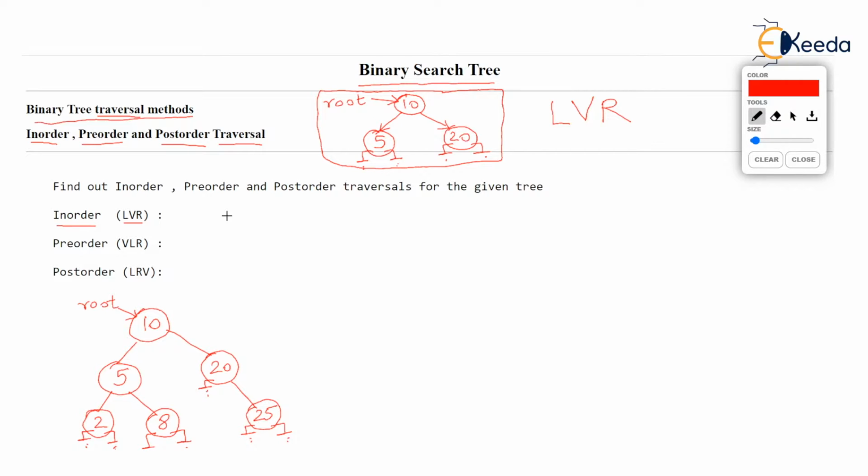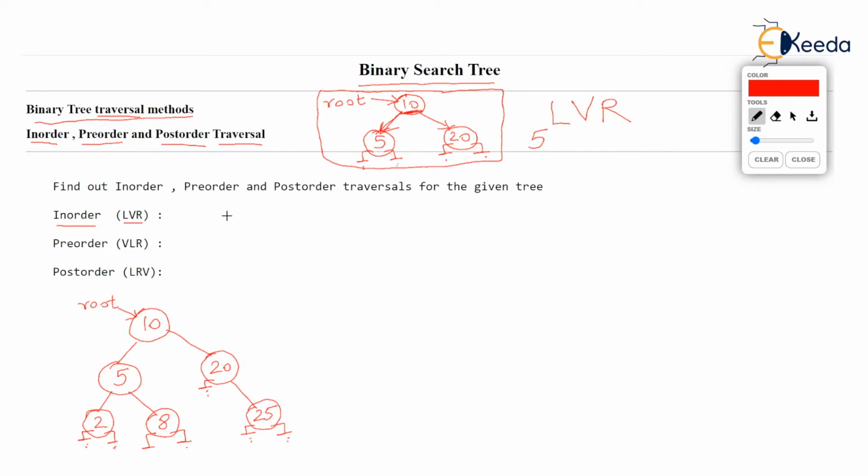Now over here you can see that 10, which I am marking right now, can be printed only after printing its left child, isn't it? Because the rule states that you cannot print 10 before printing the left. LVR is the rule. Left, then vertex, then right. So before we print 10, we should print 5. And you notice 5 does not have followers. It has nothing beneath it. So the first value printed will be 5.